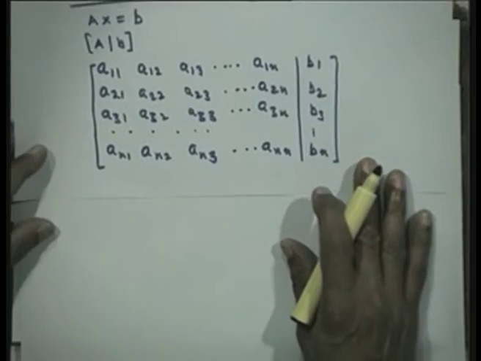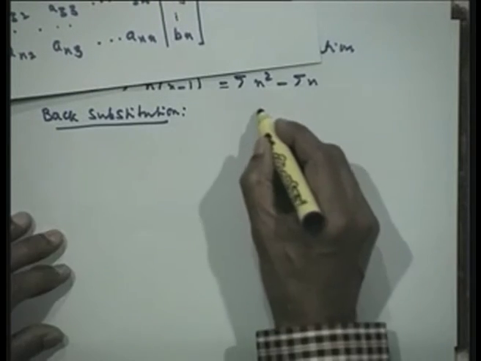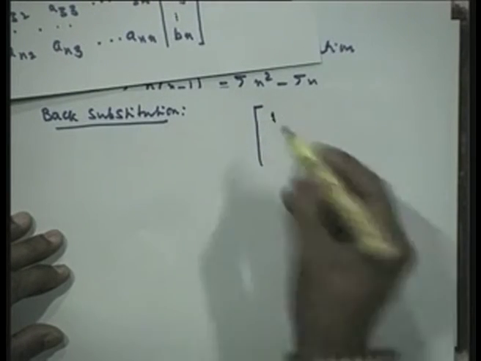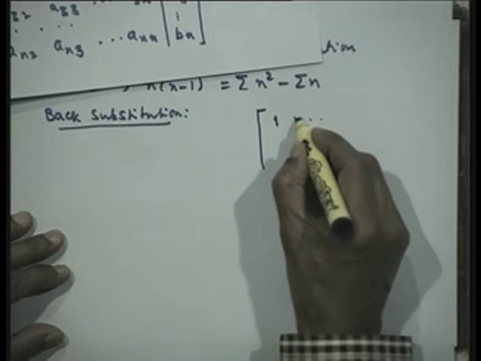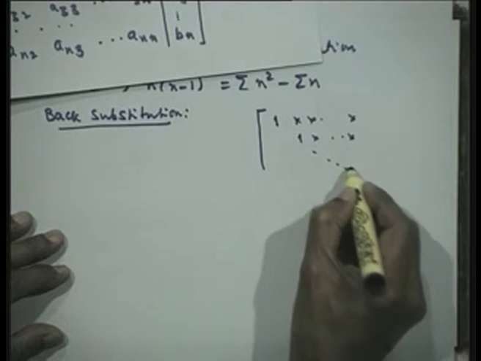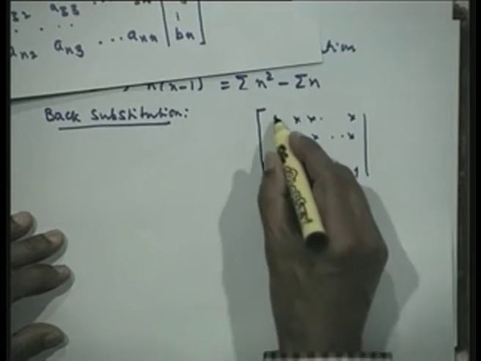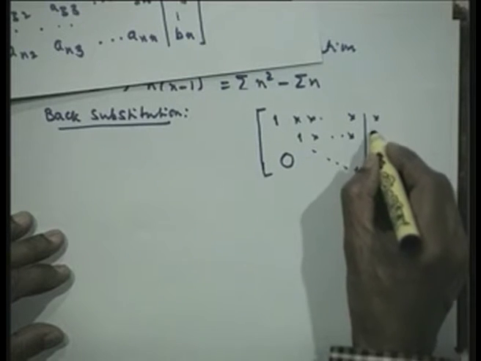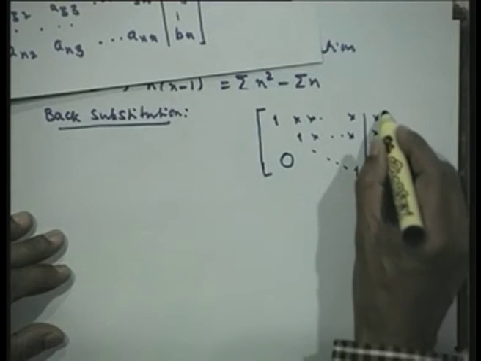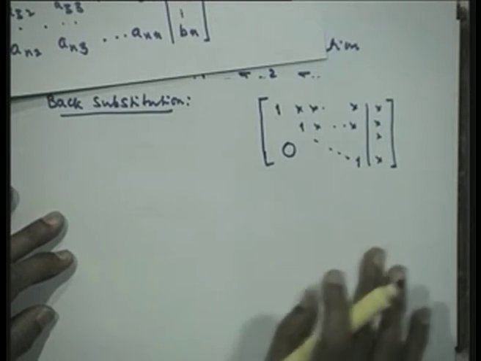Now, let us just have a look at this one. When we have completed the procedure, what we have here is the upper triangular matrix. So, let us write down what it is going to look like. It is going to be an element like this, one element like this, and so on. I have a 1 here, we have divided by the pivot. So, we are having 1, 1 here and we have got elements over here. This is how the matrix is going to look after we have completed this elimination in the forward direction.